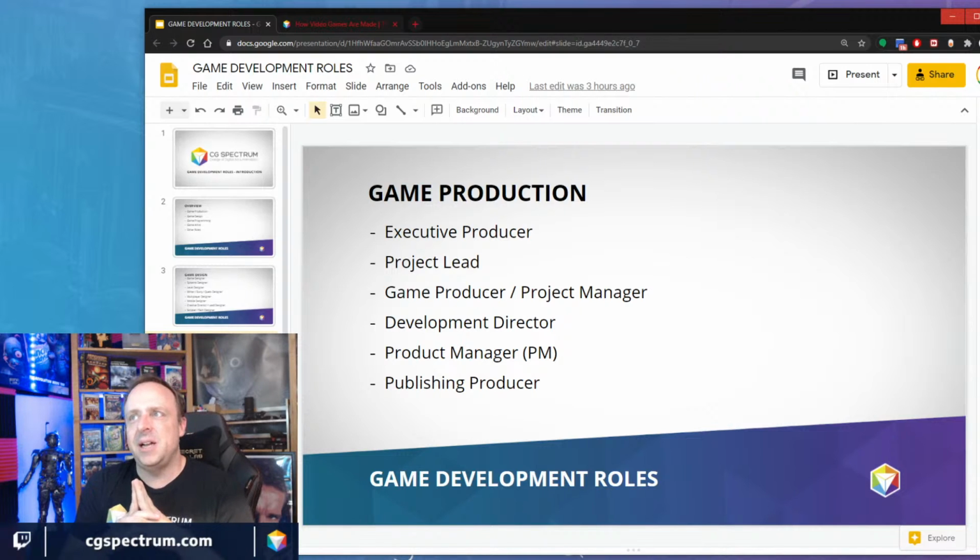So a subset that I've put into the game production category, it's almost its own category. It's almost game design, and it's kind of a gray area. So I threw it in here right now because it has a lot to do with production. But the product managers or